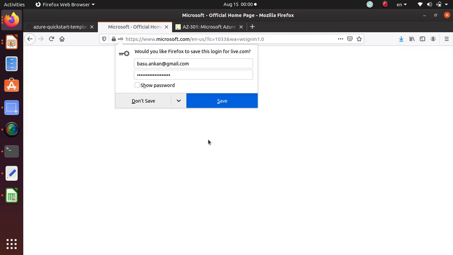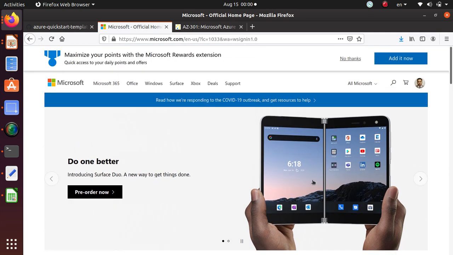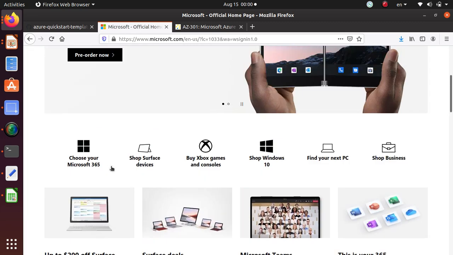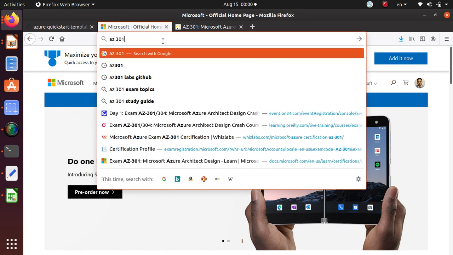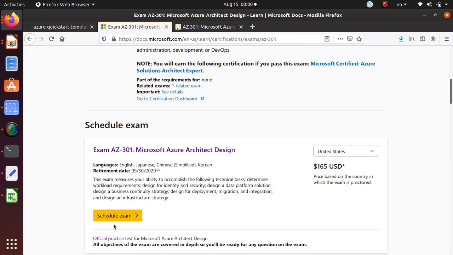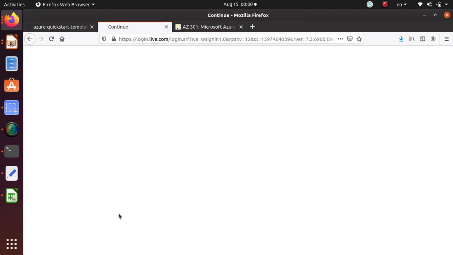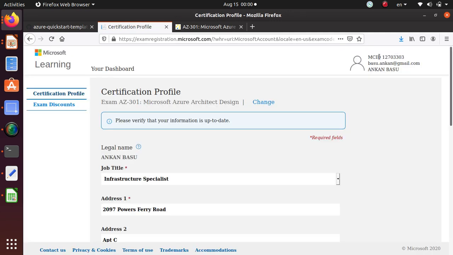Hope I remember my password. So save. Okay, so now I'm in here. So what I'll do again, at this time, I'll go back and do AZ 301. Okay, go back to this page again and click on the schedule exam again. So now I know that I'm logged in to the right user account that I want to use, and look